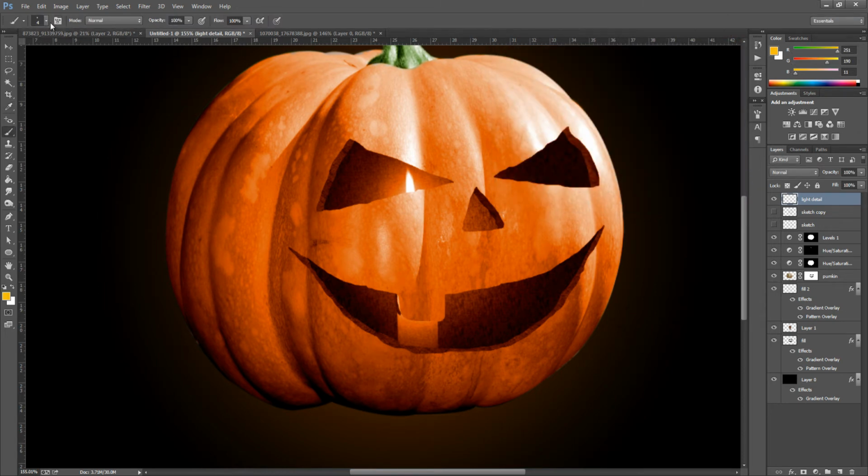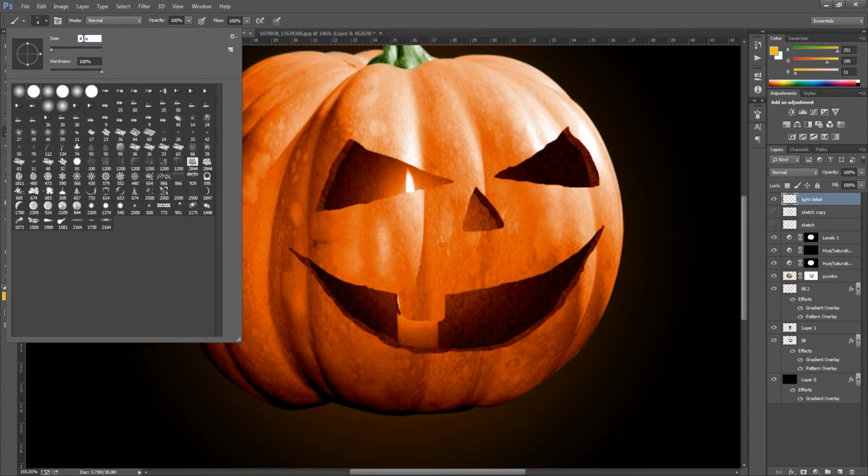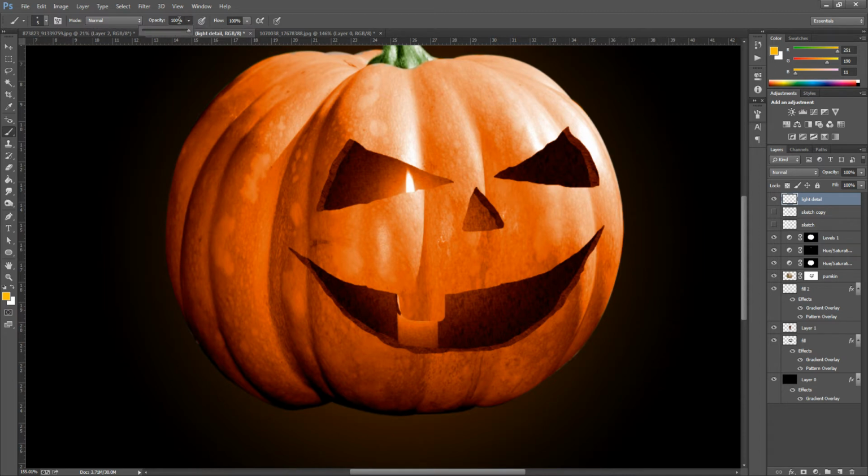Click that. We want a brush size of 5 pixels, depending on the size of your picture. We want to change the opacity down to 50%, and the flow down to 50% also.